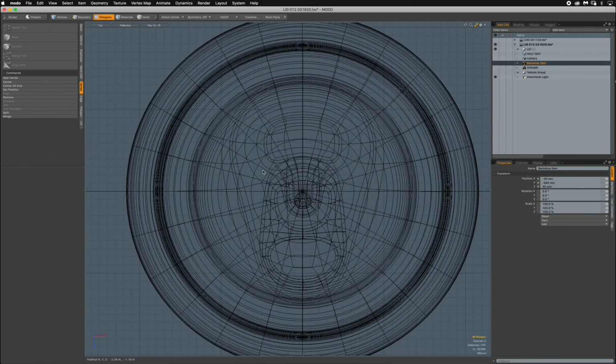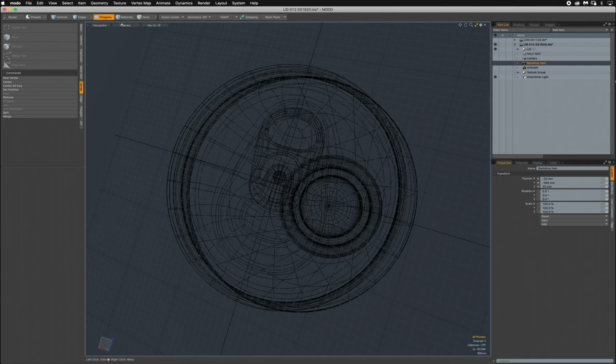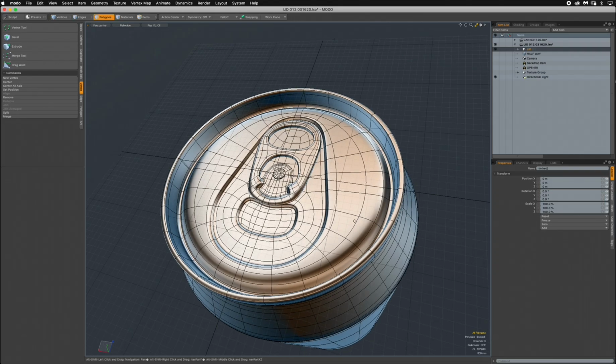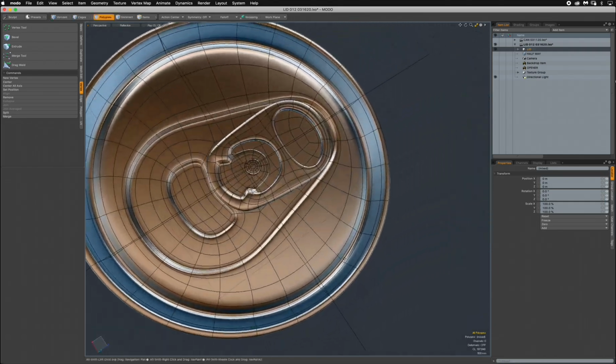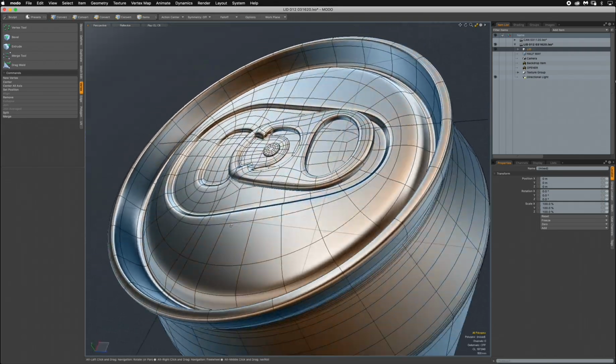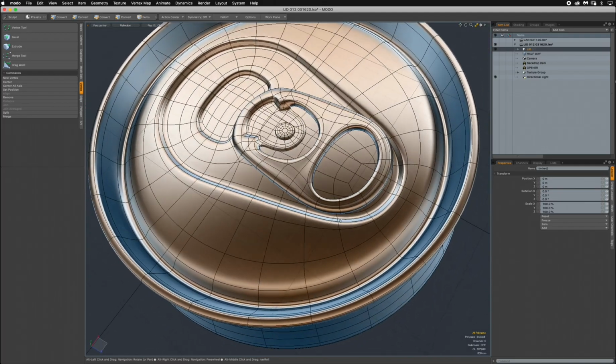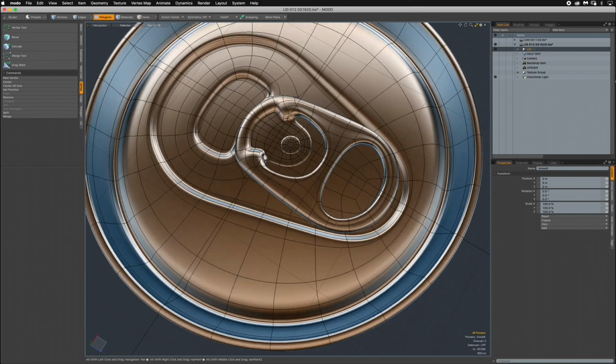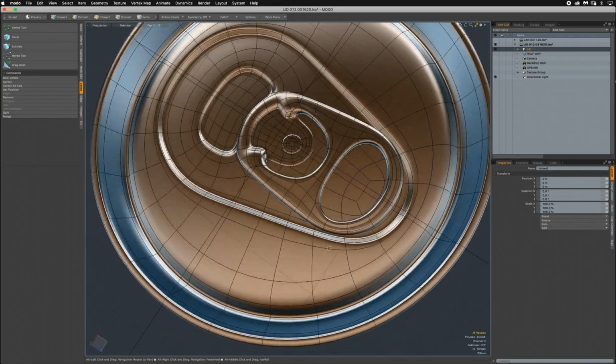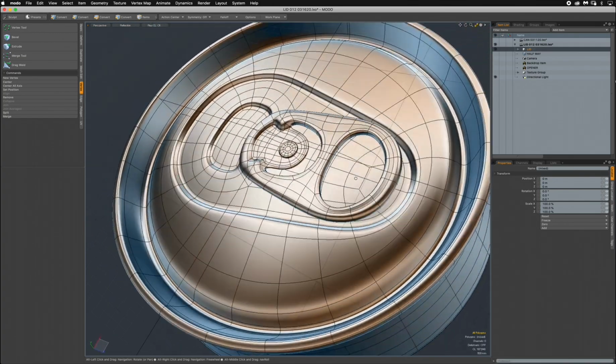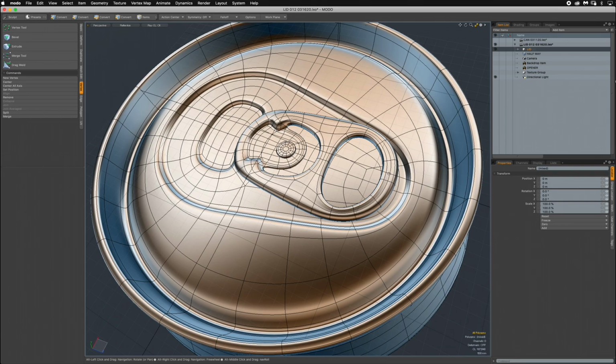In this video we're going to be focusing on the opener, as you see here. We'll build this in this video and the rest of the can as well. As I mentioned before, I have provided you with a template to build this piece up on top. The first thing we'll do is